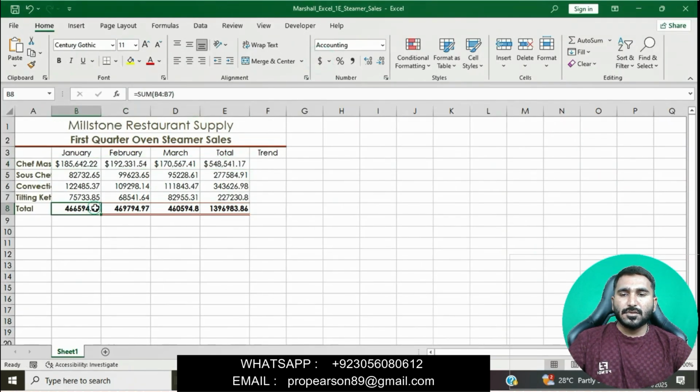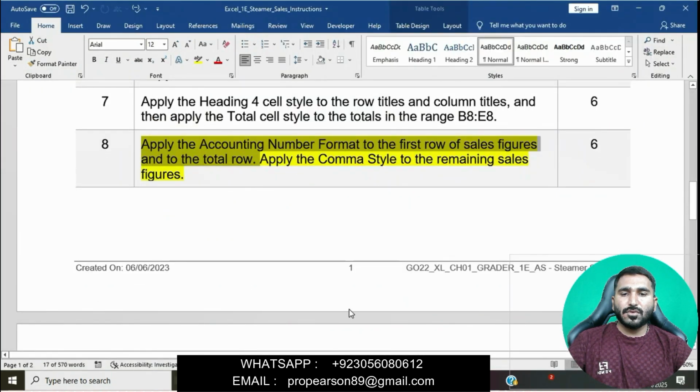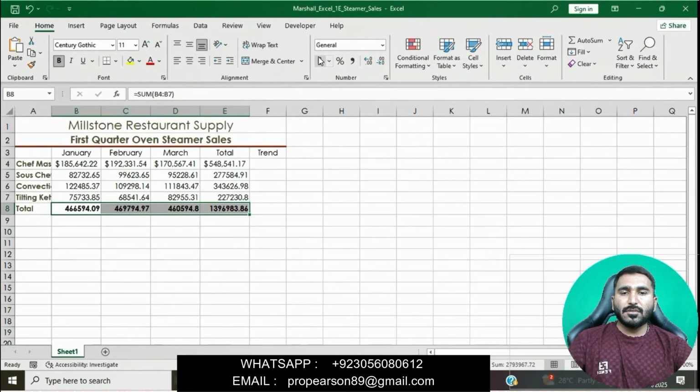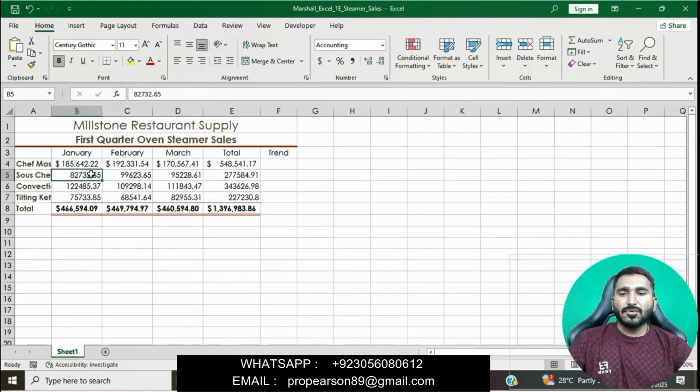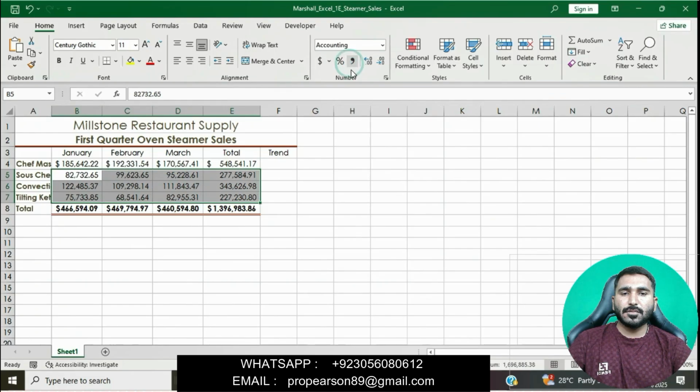And the total row, apply accounting number format. Then apply the comma style to the remaining sales figures. We will select the remaining sales figures, and then click on the Home tab, in the Number group, apply comma style. Okay, you can see I have done 80% of this assignment.